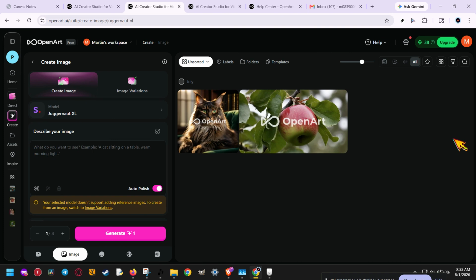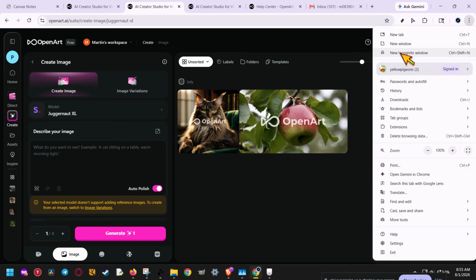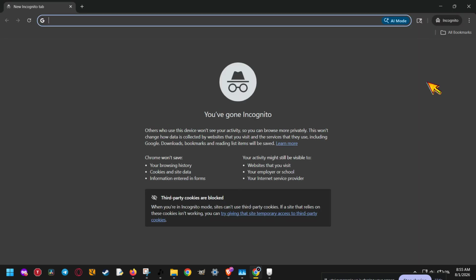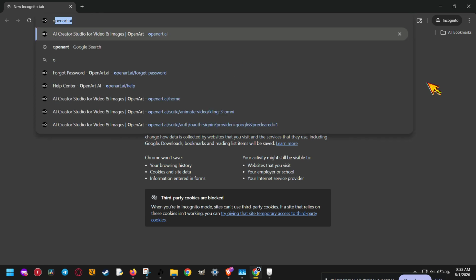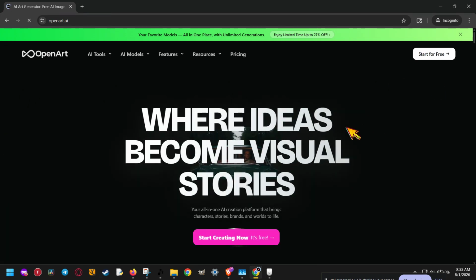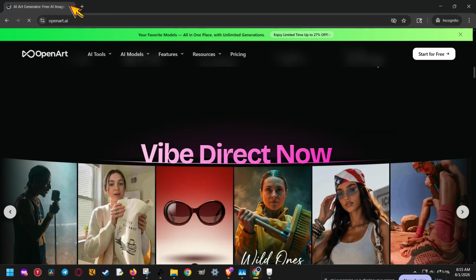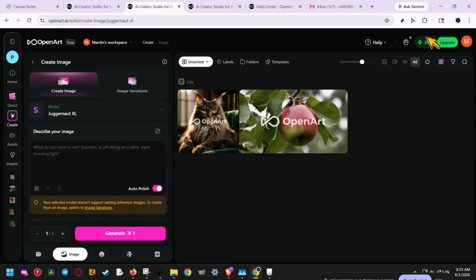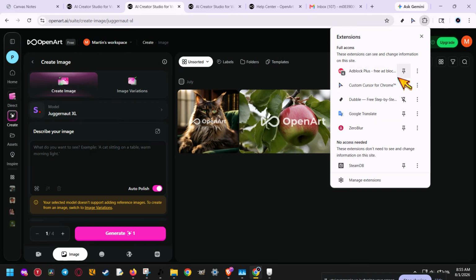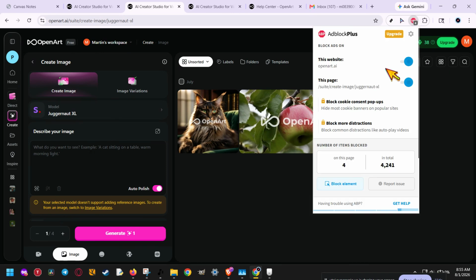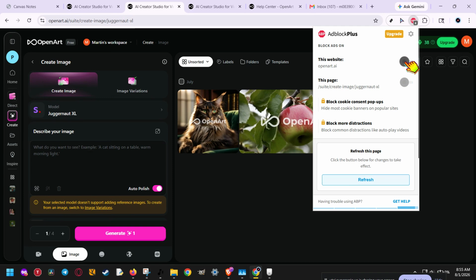If you're not sure whether an extension is the problem, open OpenArt in an incognito or private window. On Windows, press Ctrl plus Shift plus N, and on Mac, use the private browsing option in your browser. If OpenArt works in incognito, that is a strong sign that one of your browser extensions is causing the issue. In that case, go back and turn them off one by one until you find the one that is blocking the site. To make the process faster, start by disabling the most likely culprits first, like ad blockers, VPN extensions,